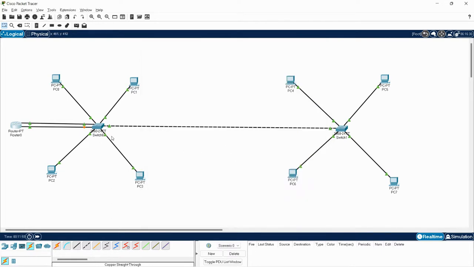Let me demonstrate by sending a message from PC0 to PC2. As the connection is still taking time to establish, let's wait for a couple of minutes. Yeah, as the connection is established now, let me go ahead and broadcast a message.